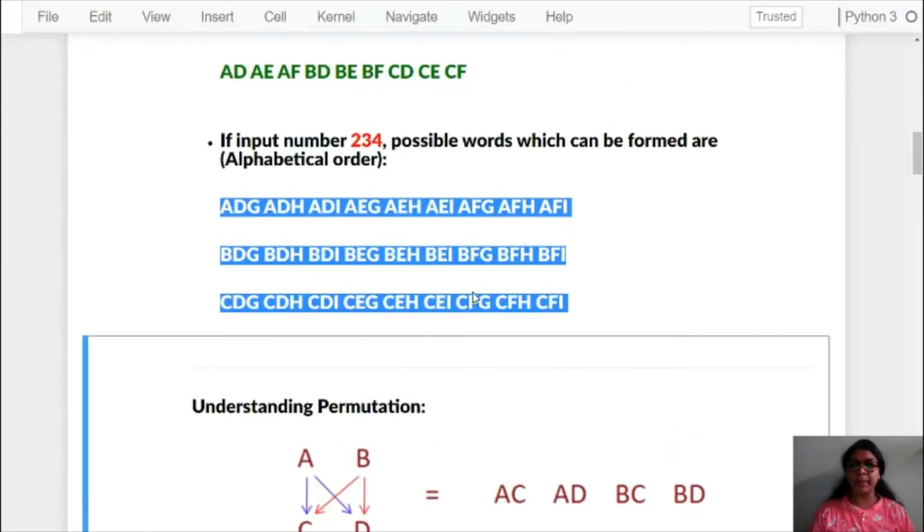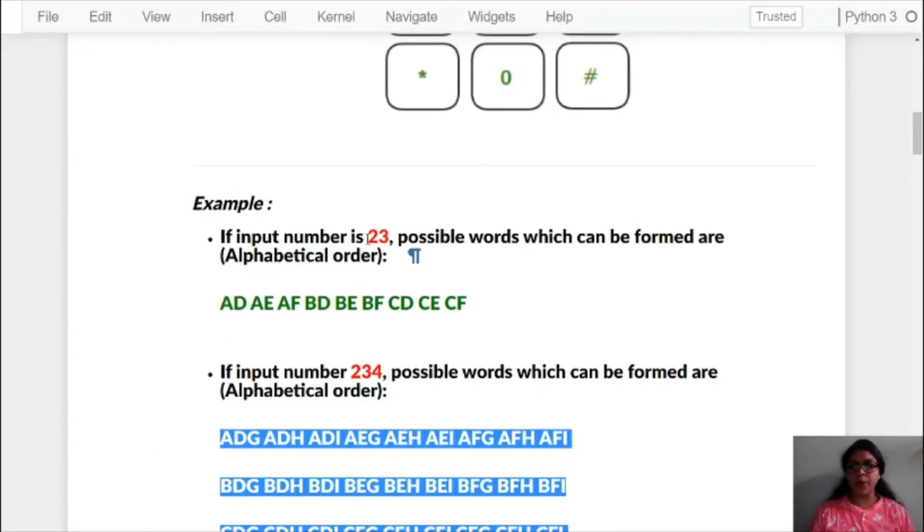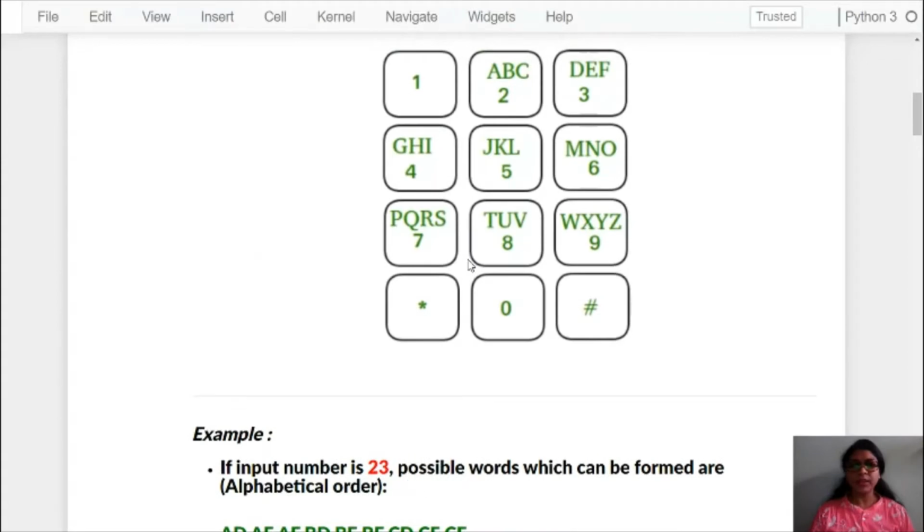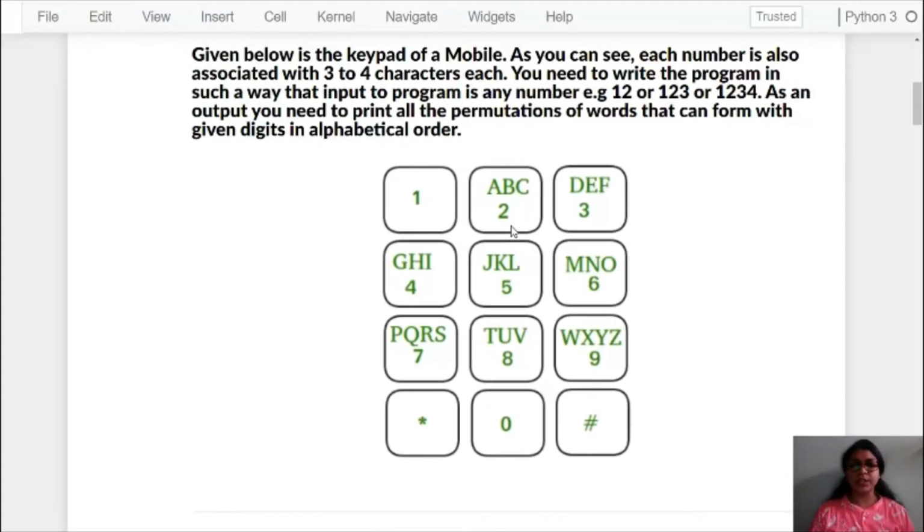We will apply this logic for 2, 3. Here ABC is associated with 2 and DEF is associated with 3. First time A will get combined with each and every character in this set. So A will get combined with D gives you AD, then A will get combined with E, then A will get combined with F. In this way we will get AD, AE and AF.